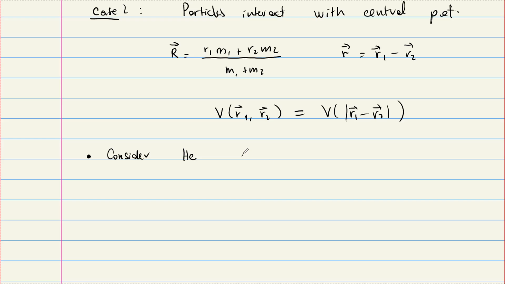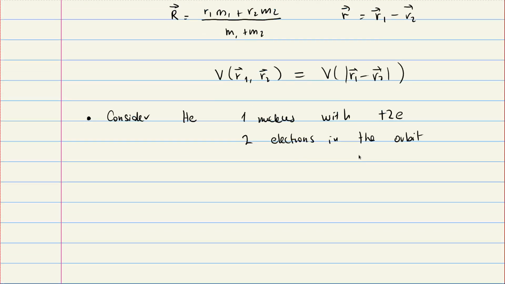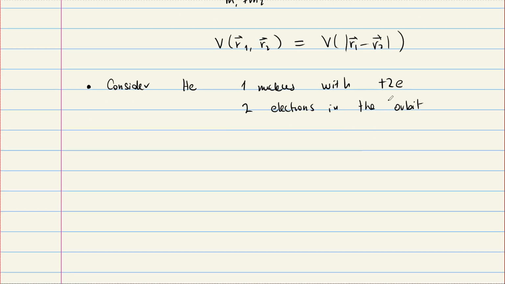Helium has one nucleus with plus 2e charge and 2 electrons in the orbit. If you want to write the interaction, I will assume the nucleus is stationary, in what we call the Born-Oppenheimer approximation. So this V of R1 and R2,